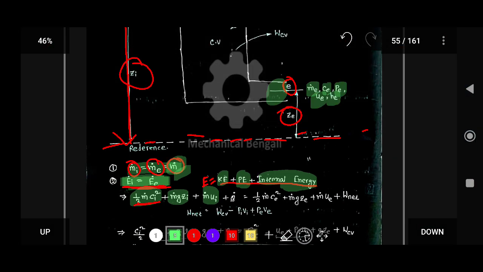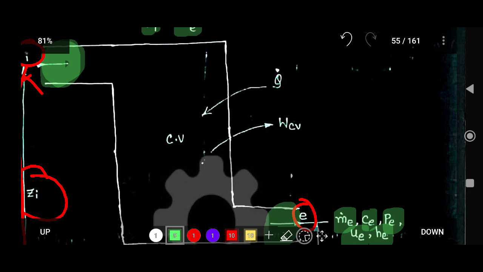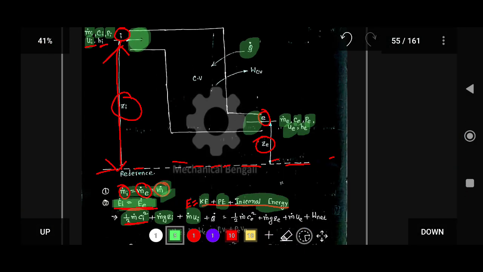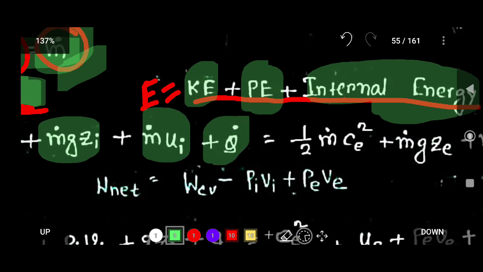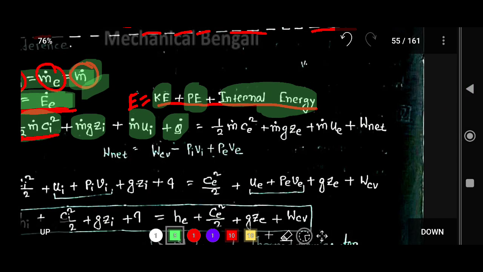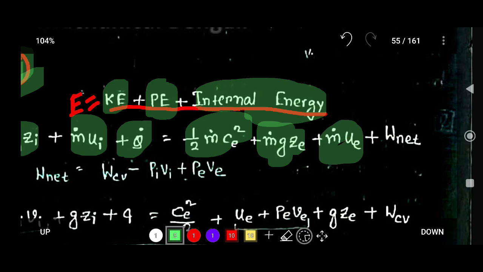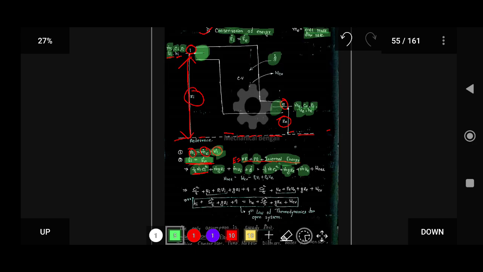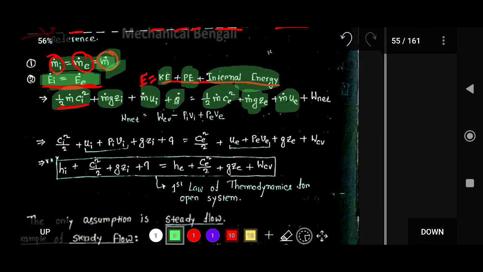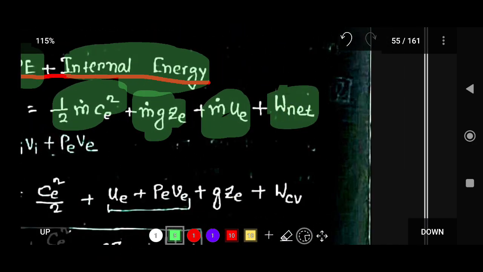And if you see the control volume, the heat into the control volume, from here you can see plus q dot. Okay, so that is equal to the exit kinetic energy, half of m dot c square, exit potential energy m dot g ze, plus exit internal energy m dot ue. And you find that there is some work which is produced, that is w net, the net work done by the control volume. Okay,